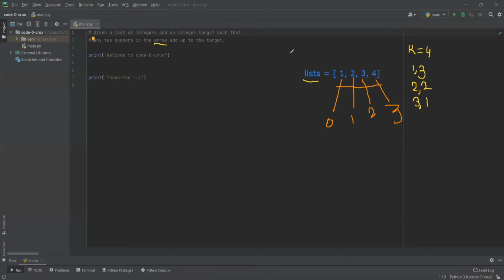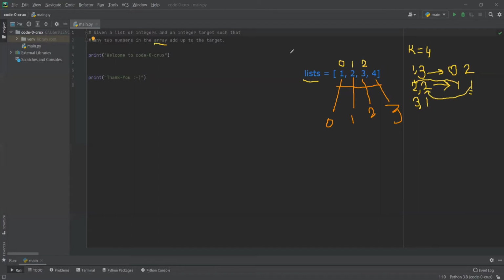Moreover, we want the indices as well in our output. What is the index for this combination? 1 is at the 0th place and 3 is at the second place, so the index should be 0 and 2. Similarly, what will be the index for 2 comma 2? As 2 is at the first place, the index will be 1 and 1, because this index corresponds to this element and this index corresponds to this element.